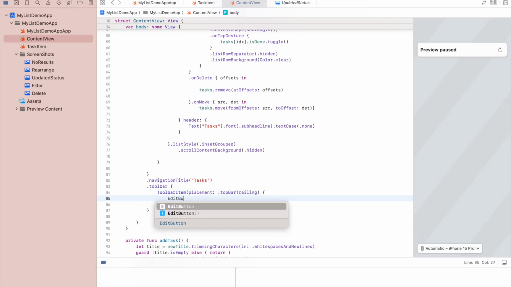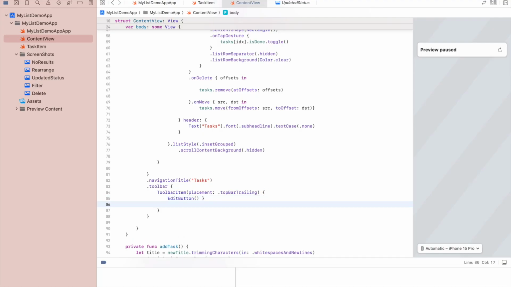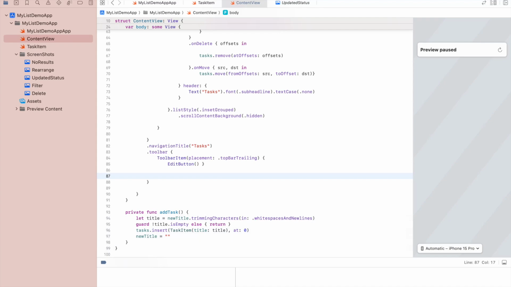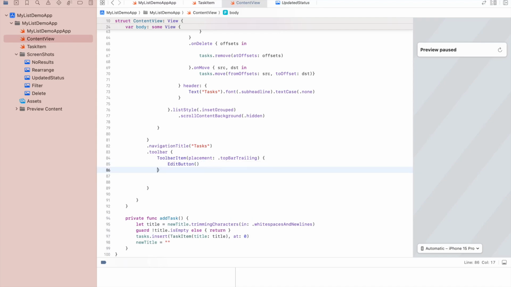And then we add our edit button. No, that's not needed there. So the bracket on line 85, I'll just push it down there. And then